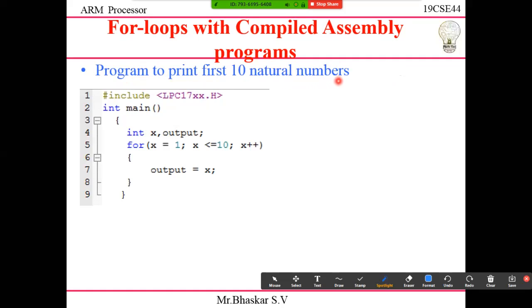In order to print this, I'm going to take an initial main, int. I'm going to take one integer x. Integer is nothing but 32-bit. And I'm going to take an output also. Why am I taking an output here? If you want to read the input from the keyboard and display it, you have scanf and printf in C programming. But here I'm not going to use printf and scanf. Just in the watch window, I can easily see the output. That's why there is no need. Now to see the result, I'm going to take one variable, here it is output. By the output, I can see what result is coming.